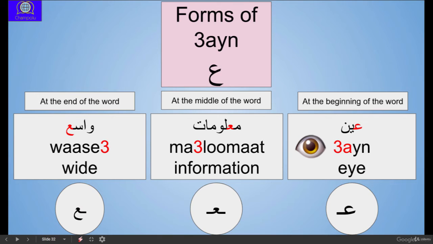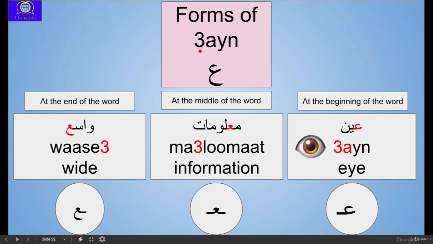Moving on to the letter عين, عين, which is also one of the letters that are quite hard to pronounce for non-native speakers, and therefore we don't have an English equivalent for it, and this is why we use the number 3 to reflect this sound whenever we have it in any word as part of the transcription system for this course. So this is the letter